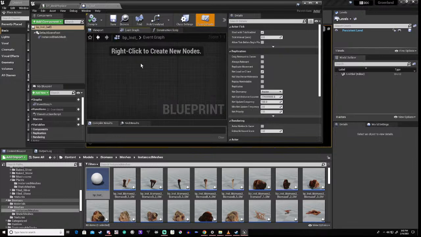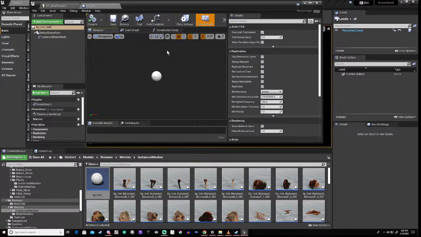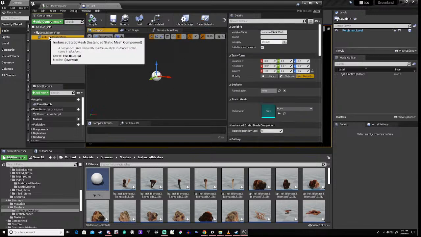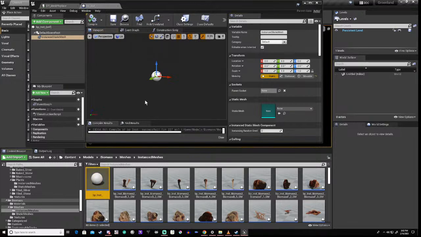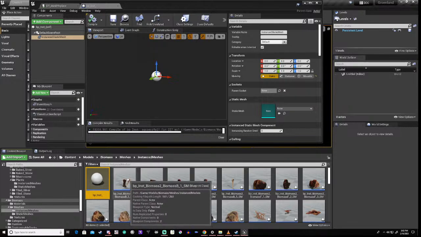And in our event graph, we basically have nothing, right? Because these are just going to be basically static meshes that are going to do absolutely nothing. And that's a bit of a bummer. I've just realized that these should all be static. Okay? Which means that I'm going to have to go through every single one of these